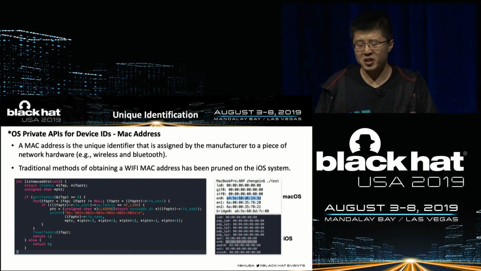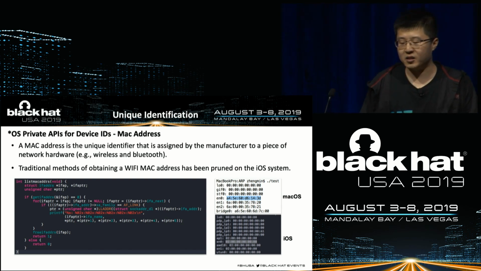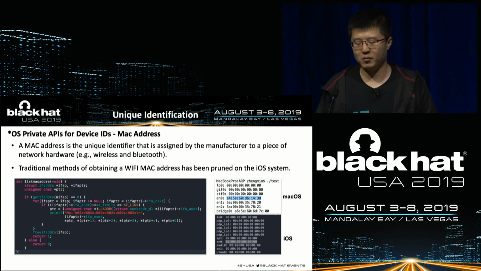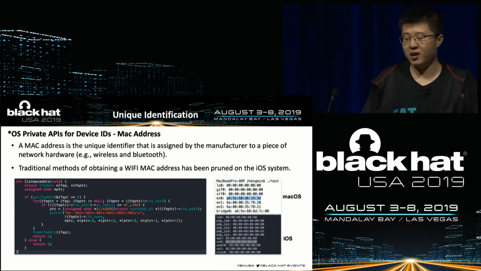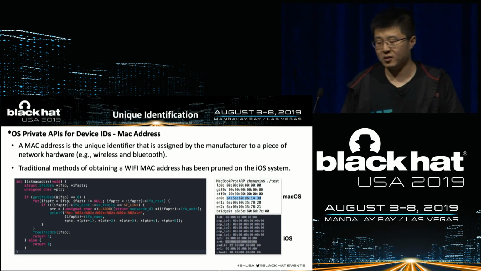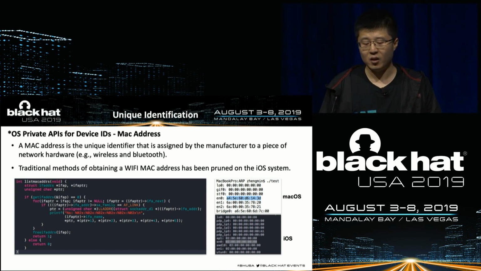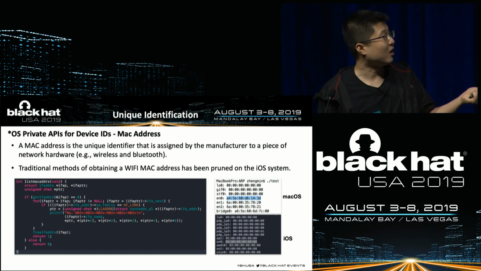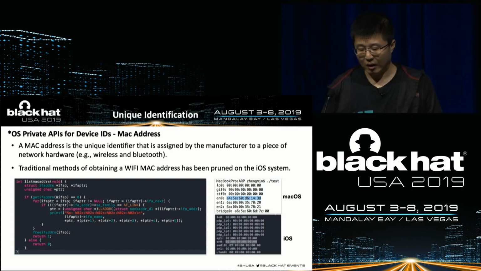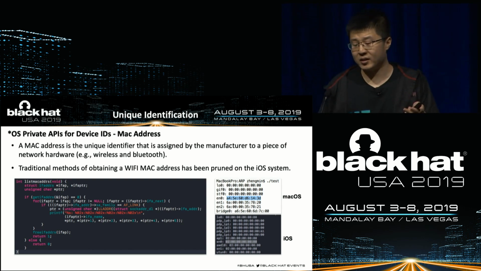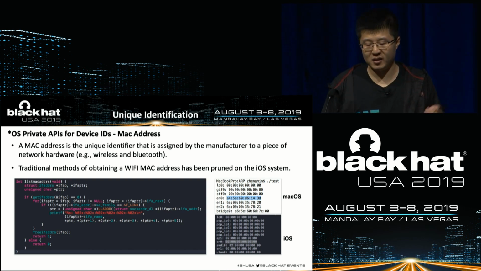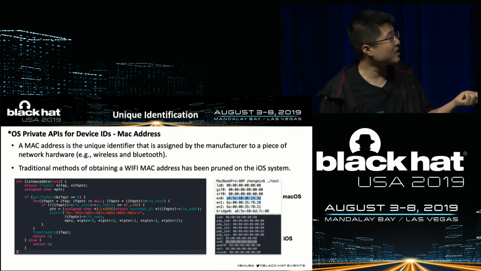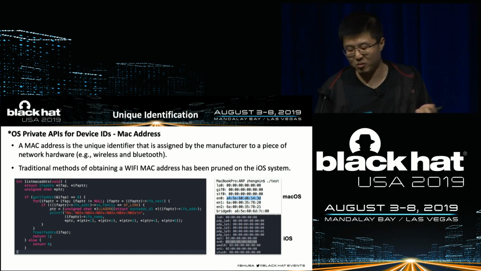However, the traditional method of obtaining a Wi-Fi MAC address has been pruned on the iOS system. For instance, if we want to get the MAC address through getifaddrs, macOS will return a valid address, like this picture. But in iOS, the system only returns meaningless information, like this picture. It only returns zeros.